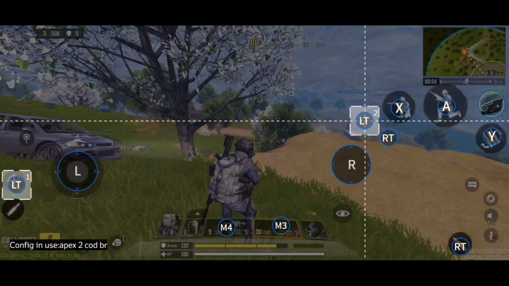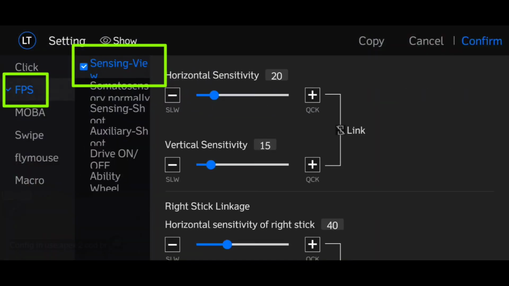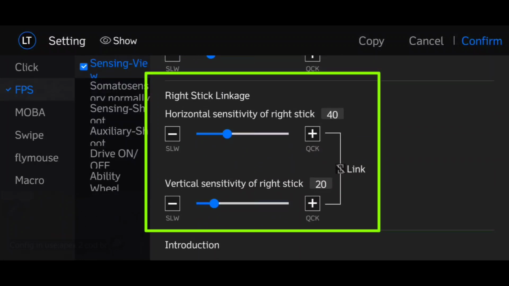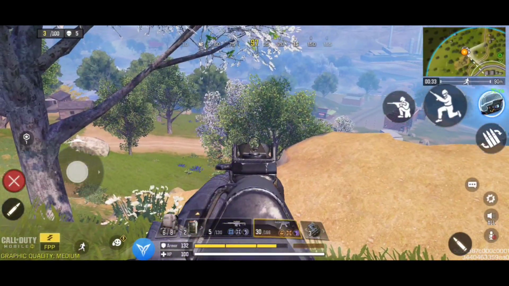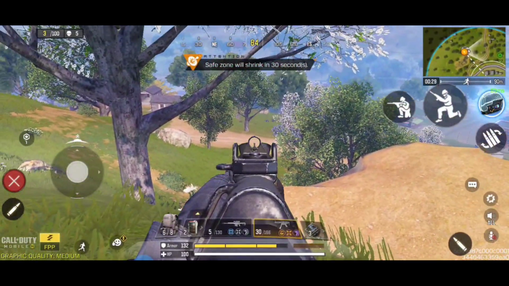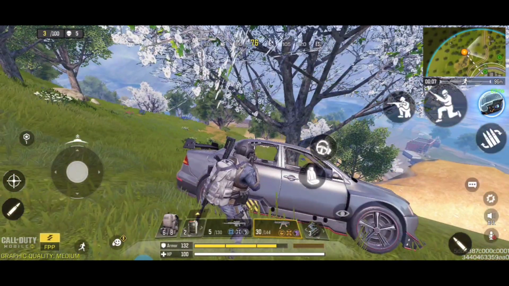Put this at the right side of the screen and open. Choose FPS sensing view. This is the sensitivity for motion sensor, and this is the sensitivity for right stick. Save. So this is it. I'm moving the Apex 2, and when I fire, I can move. And for the